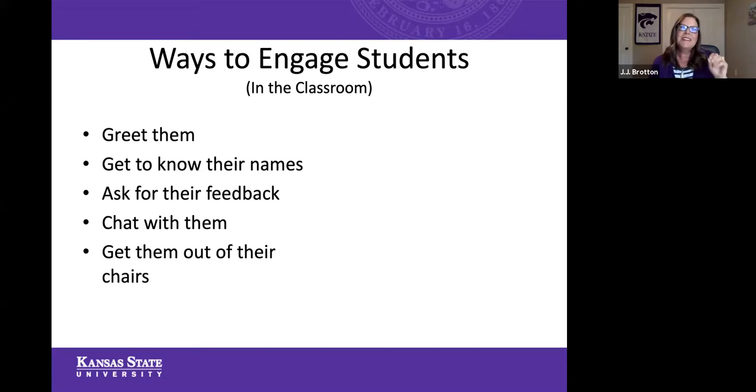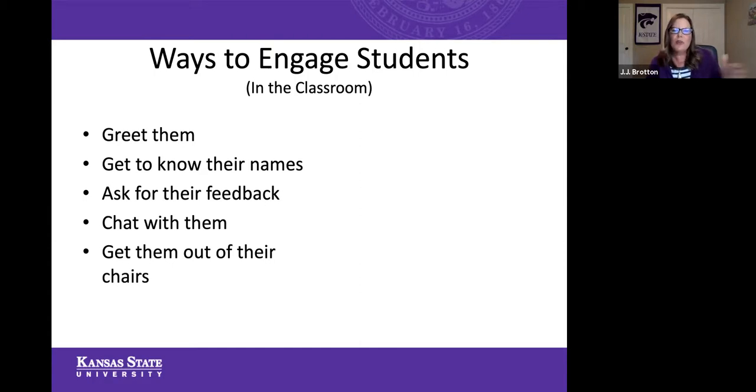But here's the thing. My very first semester at K-State, I had 3 lovely ladies who were exchange students from China. They only got to be here at K-State for a year, and they wanted to get the most out of their experience. So partway through the semester, they came to me and said, can we not sit in a group with just the people around us? Can we interact with other people? And I said, well, sure, you can find another group. And they said, no, I'm not comfortable doing that. But if you assign me to another group, then I have to talk to somebody else. And so I've had that philosophy since then.